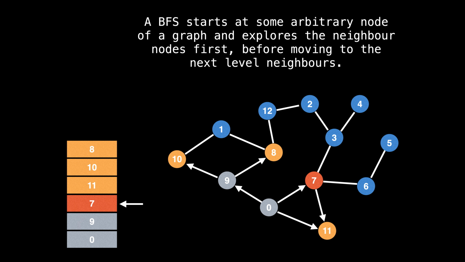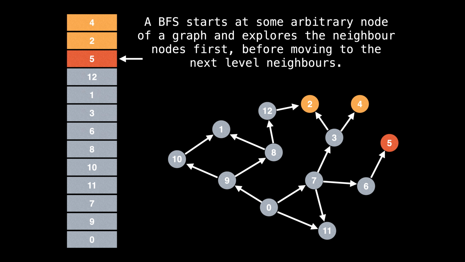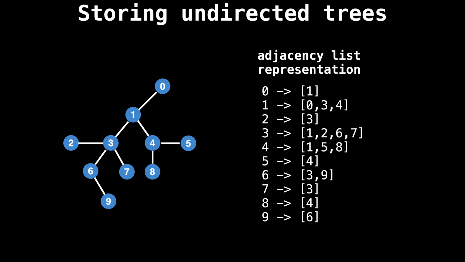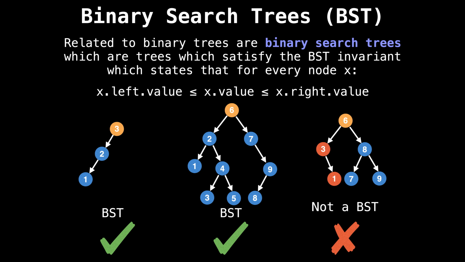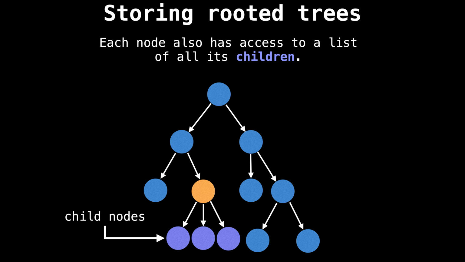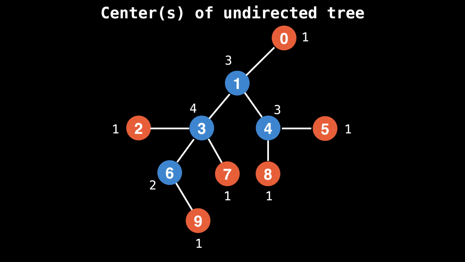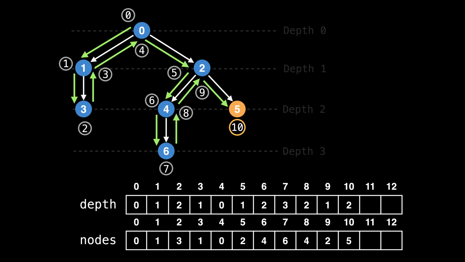Then we are going to look at two fundamental graph traversal algorithms, the breadth first search algorithm and the depth first search, both of which we will see over and over again throughout the series. From there, we will quickly dive into the world of trees, a special form of graph that does not contain any cycles. Here, we will take a close look at the tree as a data structure, as well as common tree algorithms, including rooting a tree, finding the center of a tree, the lowest common ancestor problem, and several others.